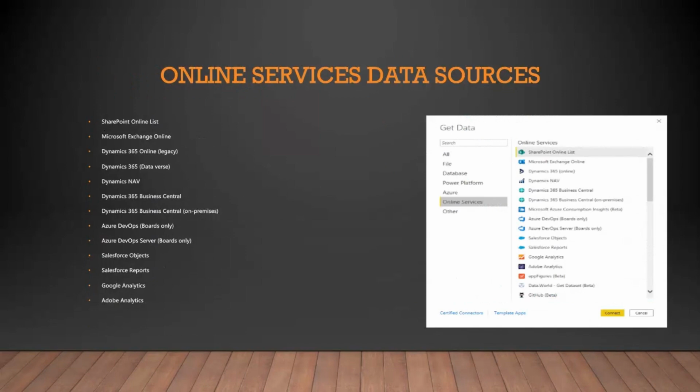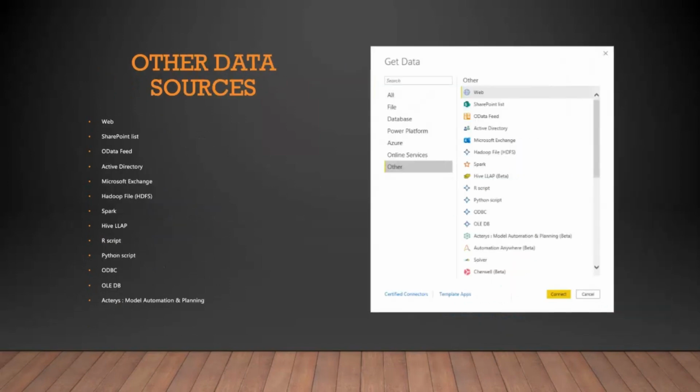And there are some Online Services data sources, and examples of these are SharePoint Online List, Microsoft Exchange Online, Dynamics 365 Online, Dynamics 365 Customer Insights, Dynamics 365 Business Central, Azure DevOps, Azure DevOps Server, Salesforce Objects, Salesforce Reports, Google Analytics, and Adobe Analytics. And under the tab of the Other data sources, we have options like Web, SharePoint List, OData